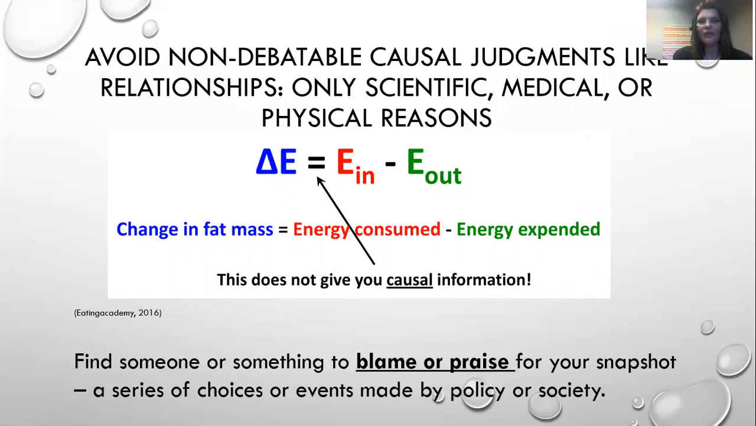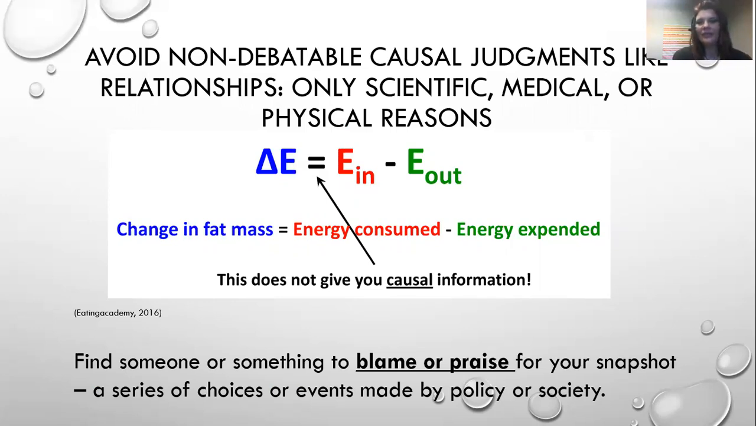One way to do this is to avoid non-debatable causal judgments. For instance, if I put a quarter in a gumball machine, most likely I know that the mechanical methods are going to give me a gumball. This is a mechanical, straightforward cause and effect, which follows the general cause and effect structure, but there aren't many arguments that I could create based upon whether or not a gumball's going to come out after I put a coin in the machine. So avoid using only scientific, medical, or physical reasons or causes and effects, because that's not